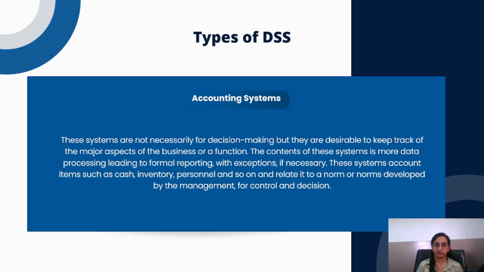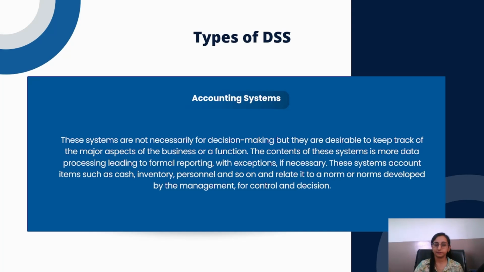of the organization. Accounting systems focus on data processing and produce formal reports. These reports may include exceptions to highlight any deviations from the norm, providing valuable insights for management. The systems account for crucial items such as cash, inventory, and personnel. By continuously tracking these items, the system helps maintain control and ensures that everything is aligned with the company's goals